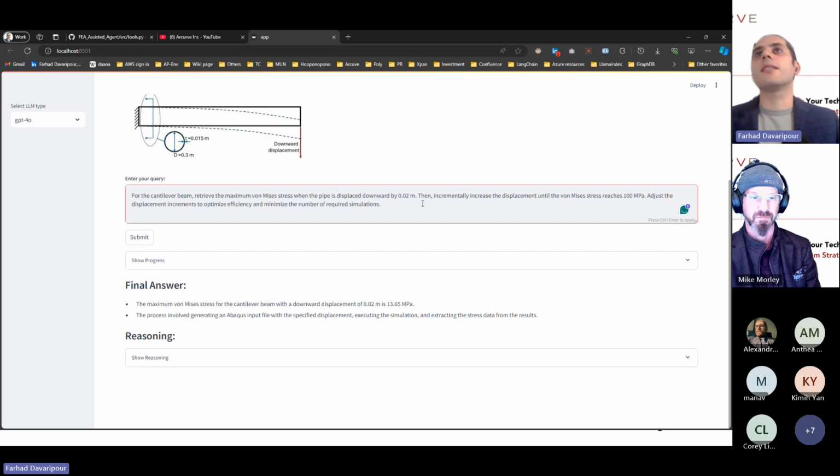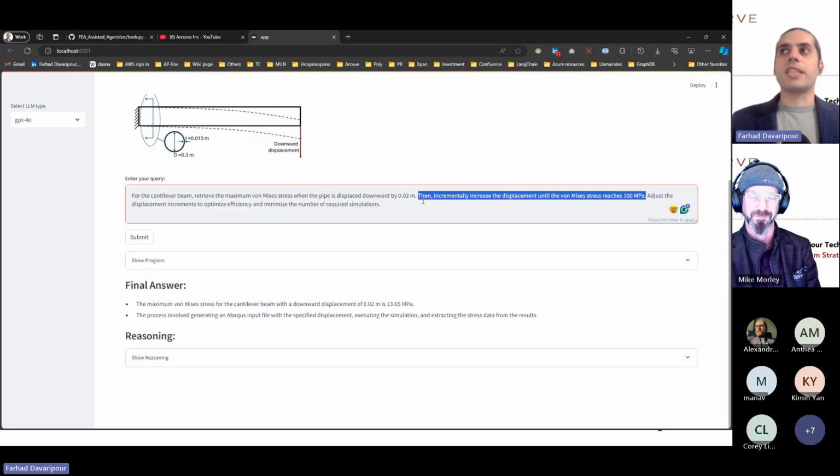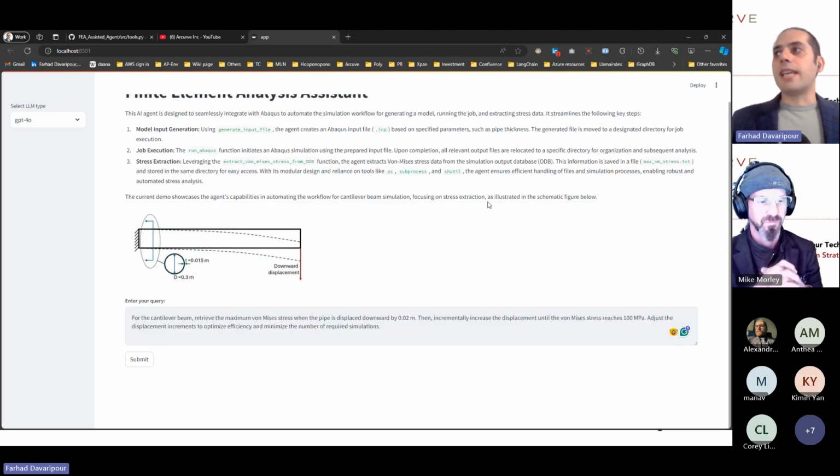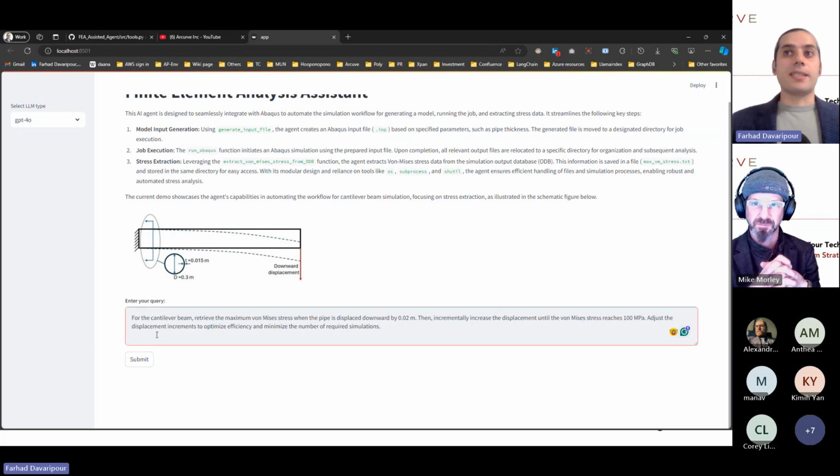We want to tell the agent that after finalizing this step, I want you to incrementally increase the displacement until the von Mises stress reaches 100 megapascal. So we give it a threshold. We also want it to go into a loop and keep running that. And not only that, we also want it to adjust the displacement increments to optimize efficiency and minimize the number of required simulations. So if it needs to increase the displacement, how much does it need to increase